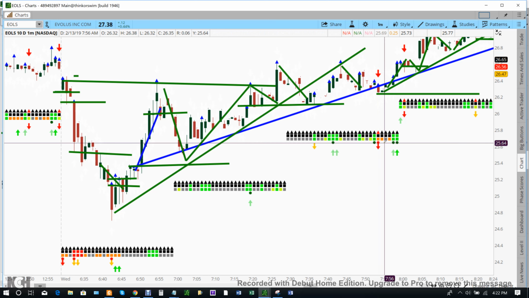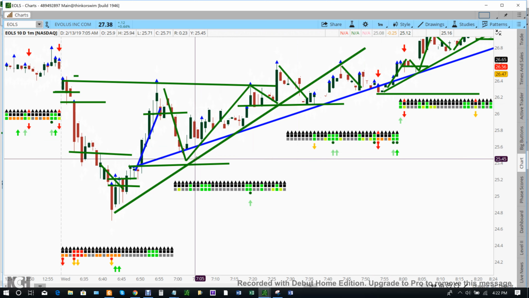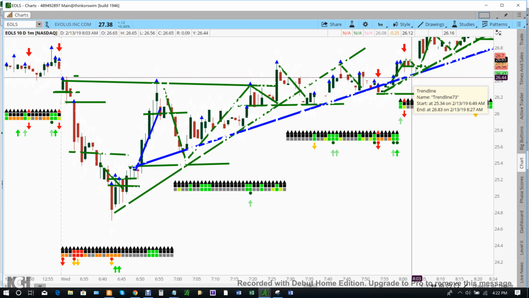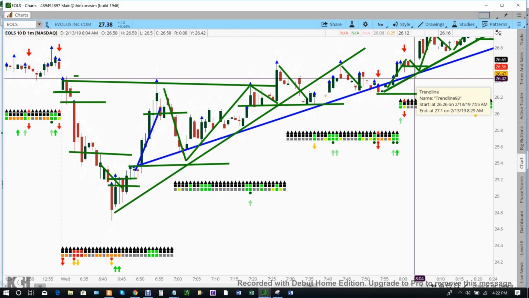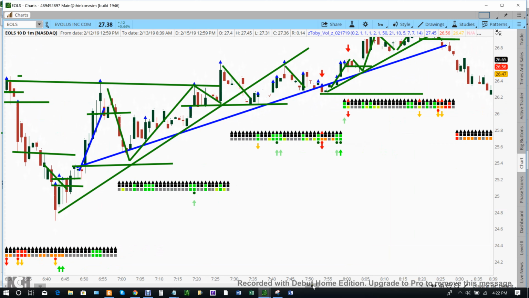This would be a legitimate place to sell. So we could sell right here, and there would be nothing wrong with that. If we did, we would have made 26.30 to 29.40, 90 cents. That'd have been a 3.5% gain right there. Nothing wrong with that. That's beautiful. However,